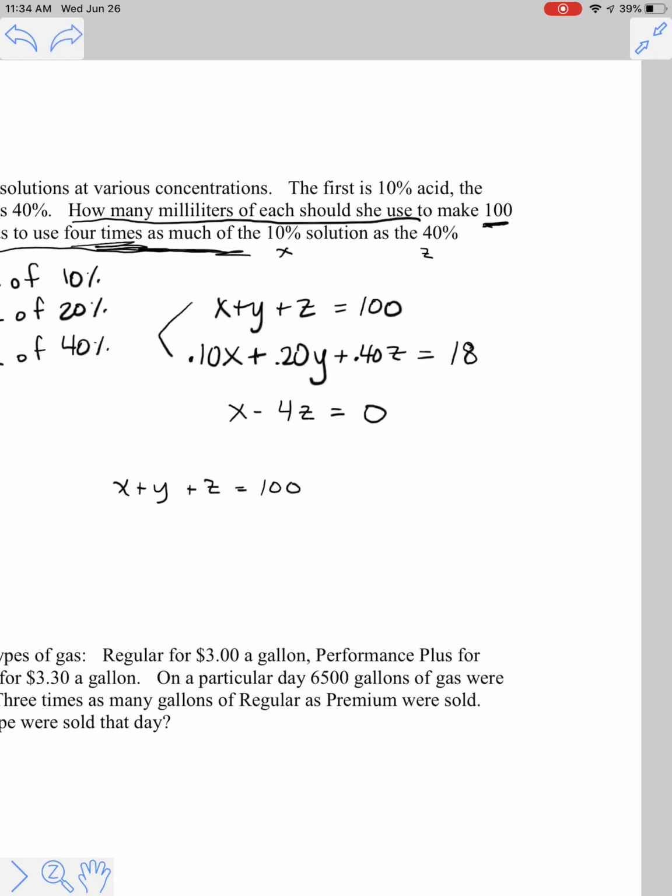I don't really like the decimals in that second equation, so I'm going to multiply that whole equation by, well, really just 10. I can multiply it by 10 to get rid of those, because 0.1 times 10 is just 1, or 1x. 0.2 times 10 is 2, so that becomes 2y. And then 0.4 times 10 is 4, so that becomes 4z. And then 18 times 10 is